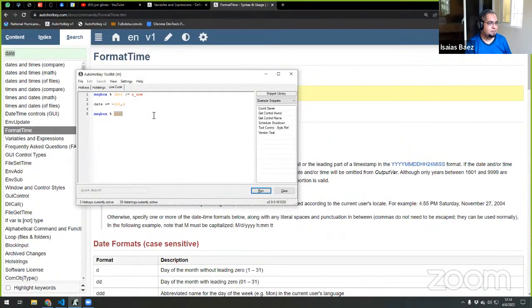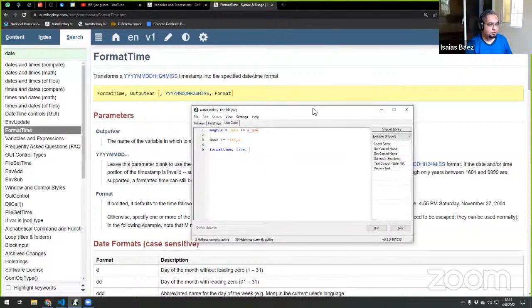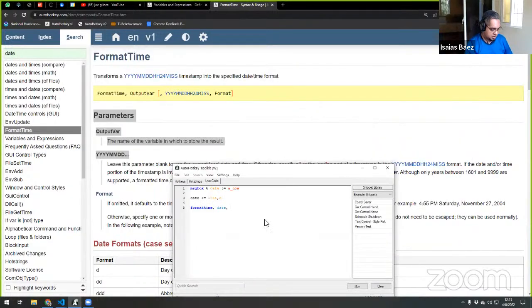So format time allows me to do the following. I have my output, which would be date, and my input, which I don't know if that could be a variable there. It would probably be date like this.